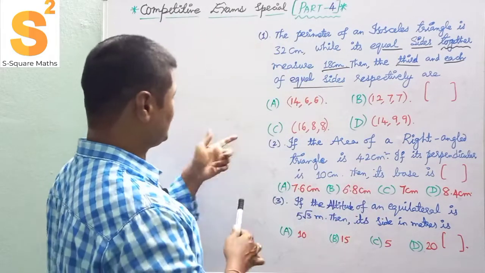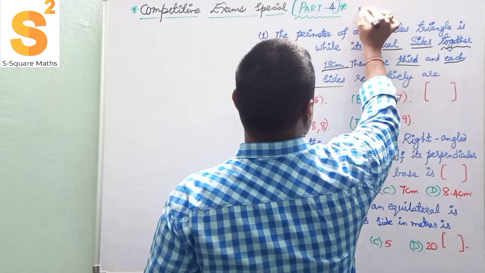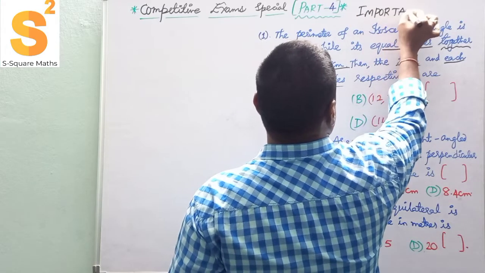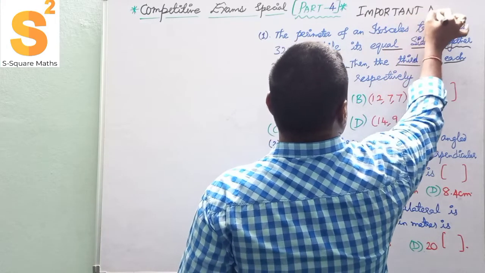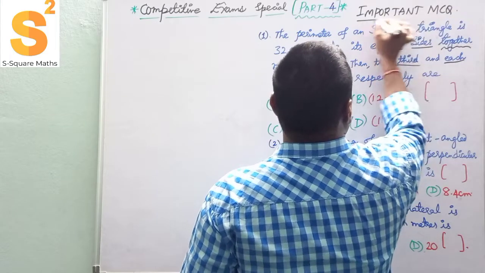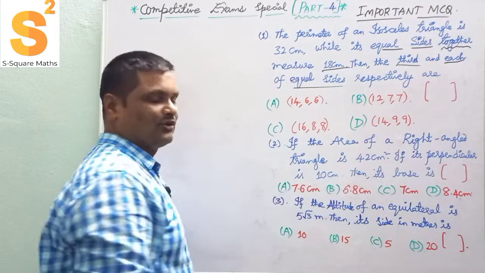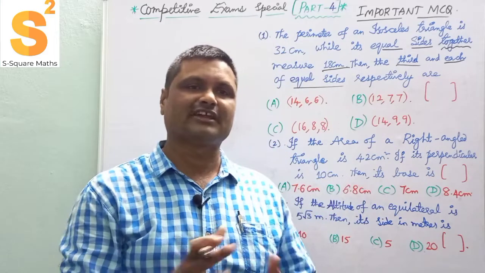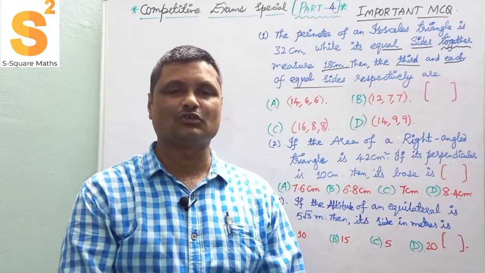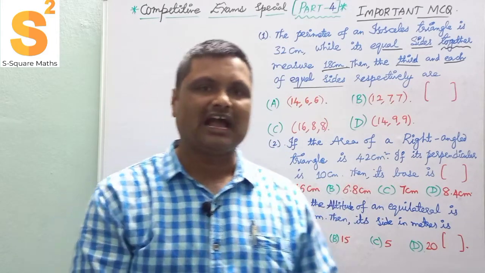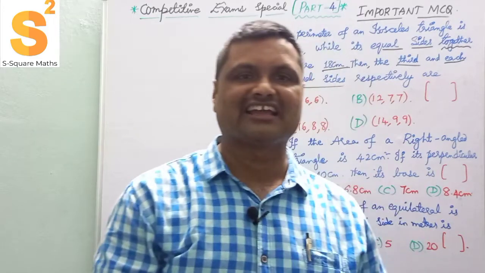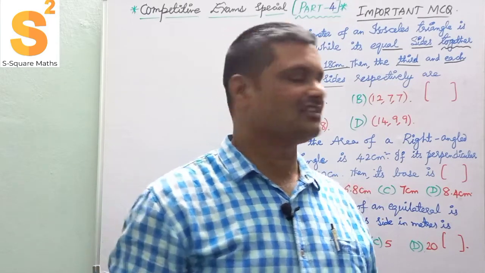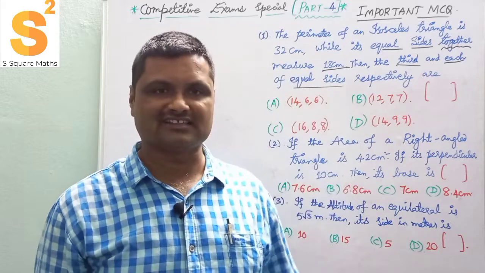So, important MCQ. Without using pen and paper we are going to do this orally. It is very important for even 7th students. Don't be panicked by seeing the question. An isosceles triangle is nothing but a triangle in which two sides are equal or two angles are equal. So here it is the case of only the sides.